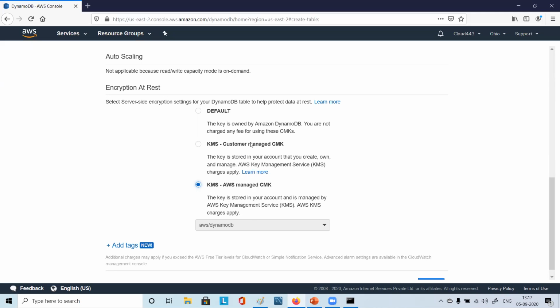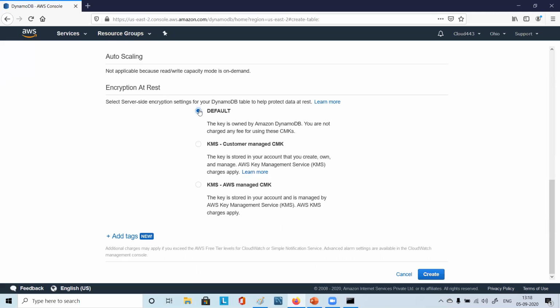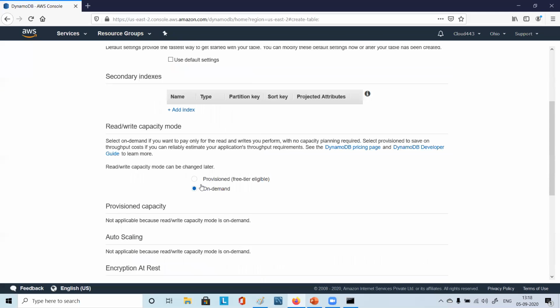You don't want AWS to know. You don't want AWS also to open and decrypt your data. If it is that confidential, you can go for this option. Customer managed, you can manage it. You will own, you will take care of it. So you can do that. Still, you will pay for KMS charges, and here also you will pay. So it depends.